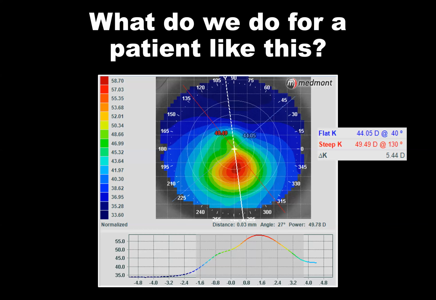This patient has a lot of options. Could we fit this patient with custom soft lenses? Maybe. Could we fit this patient with corneal GP? Maybe. If we look at the powers distributed within the pupil, you go from approximately 58 diopters, almost 59 diopters,